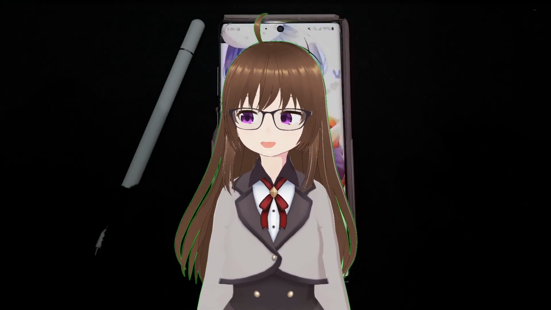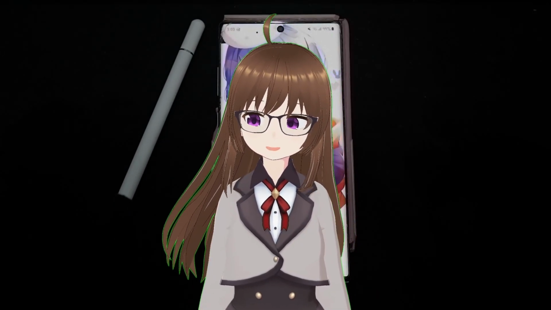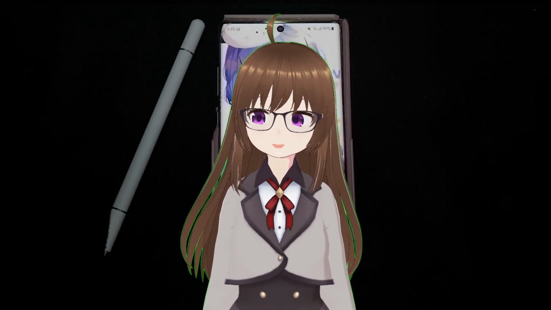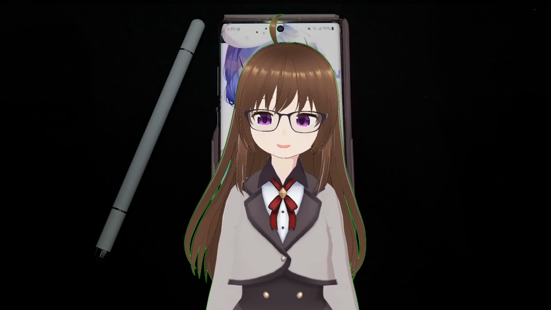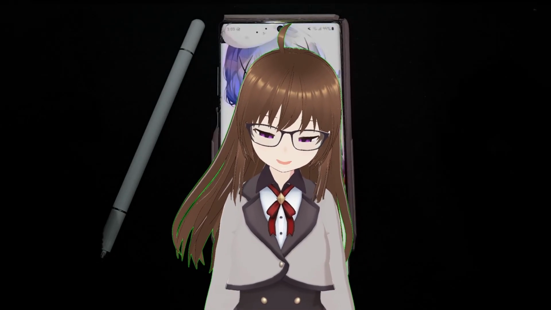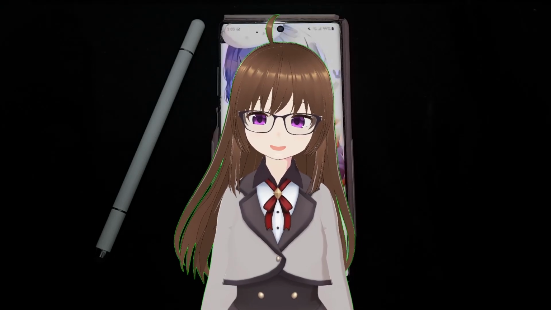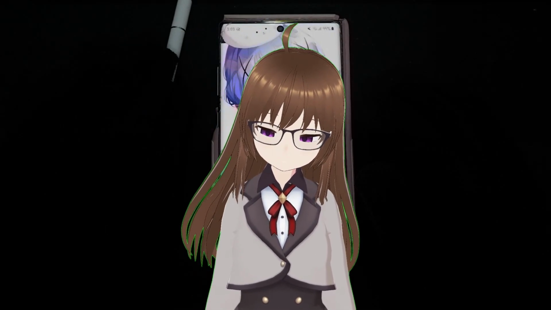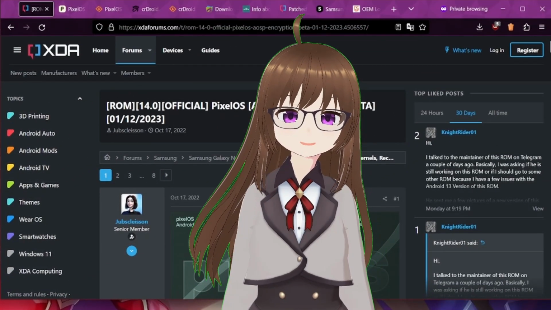Now you may be wondering to yourself, oh Mel, how do you do this? I've never tried this before. Oh, now don't worry. It may be quite simple once you get the hang of it, but it can get a little complicated since things are different from device to device, which in this case the Galaxy Note 10 Plus happens to be in the middle of what's much of a hassle and what's not a hassle. So as your tech wizardess girl, I've done my prior research about this.